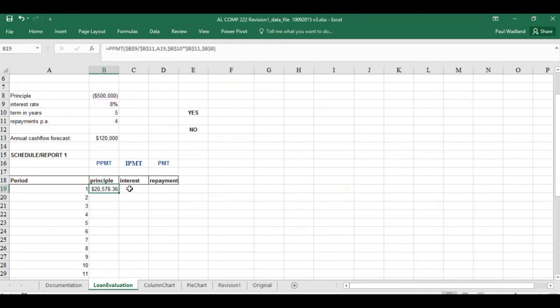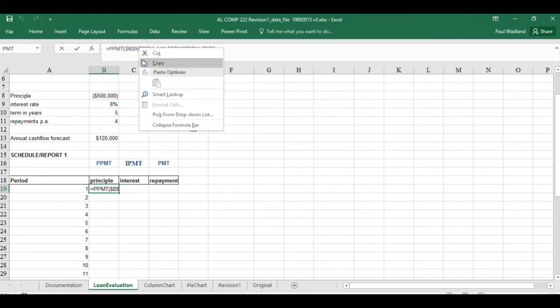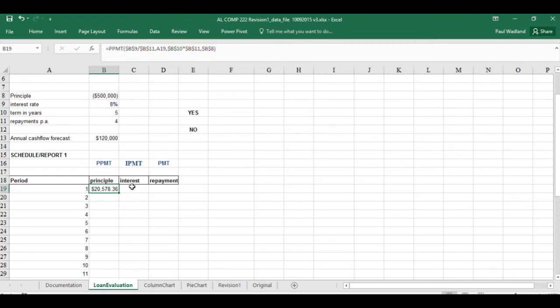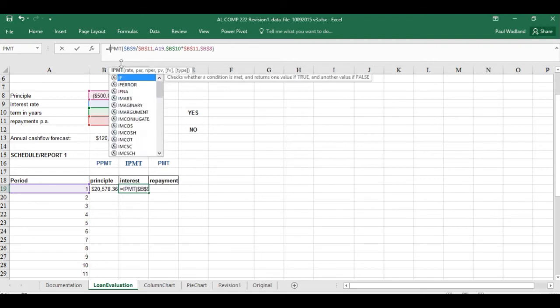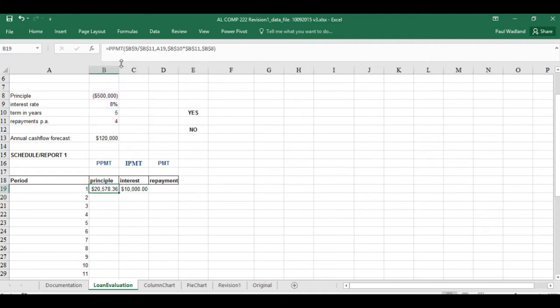Now if I want to do the interest on the payment, I just can copy that whole formula. So I've gone to the formula bar, right click copy, press escape to get out of it. I'm going into the interest column, control V. It's given me the same formula, and instead I'm just going to change the P to an I. So we have principal amount of 20,000, interest amount of 10,000. The repayment should equal these two, so that's going to be 30,